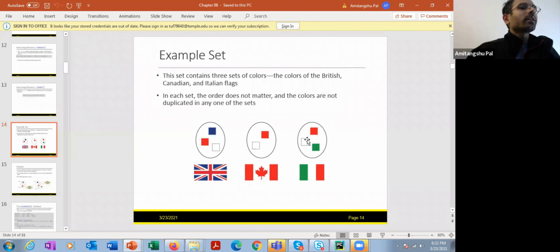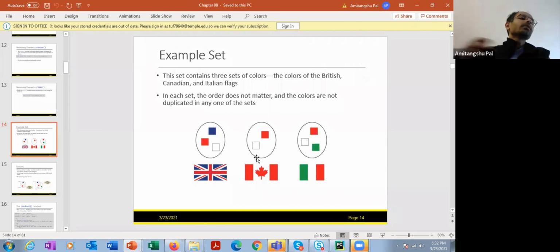The Italian flag consists of the colors red, green, and white. The Canadian flag consists of the colors blue, red, and white, and the British flag consists of the colors blue, red, and white. So these are the members of the set of British colors. Red is a member of the set of British colors, white is a member of the set of Canadian colors, and so on.